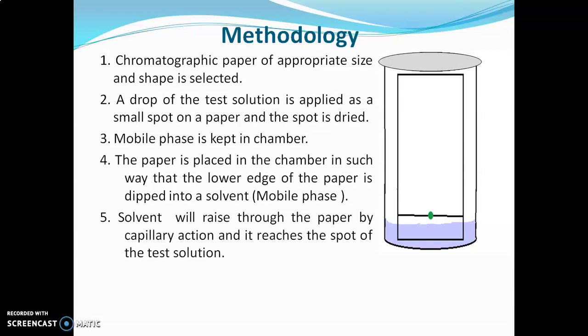Now what is capillary action? We all know that if we place a melting point capillary in a solvent, solvent will rise in the melting point capillary. And this same thing happens in paper chromatography. The papers are porous in nature, and when these papers are placed in mobile phase, the pores will get connected and they will act as capillaries, and capillary action is shown. The solvent will reach the test solution spot, and the solution will rise in the paper.